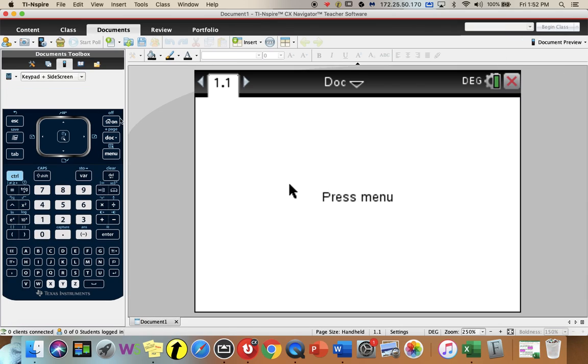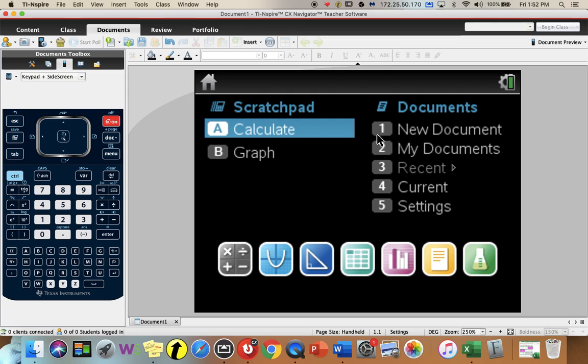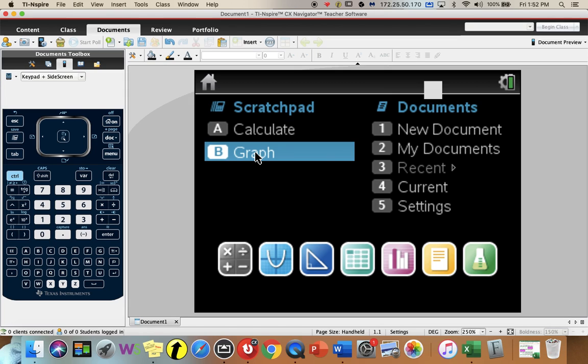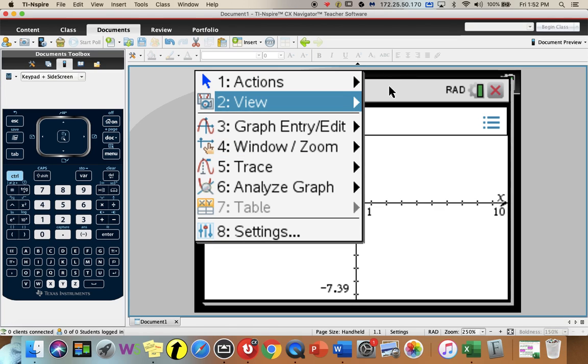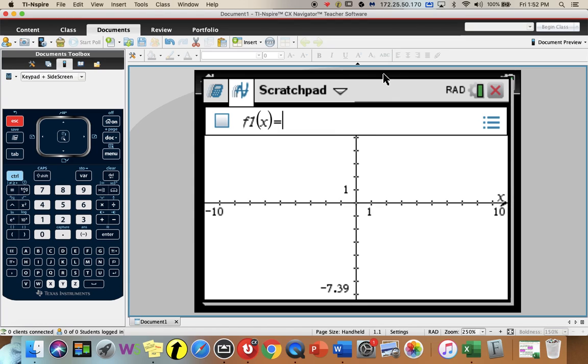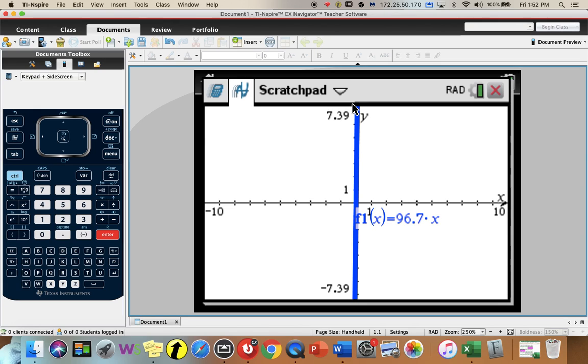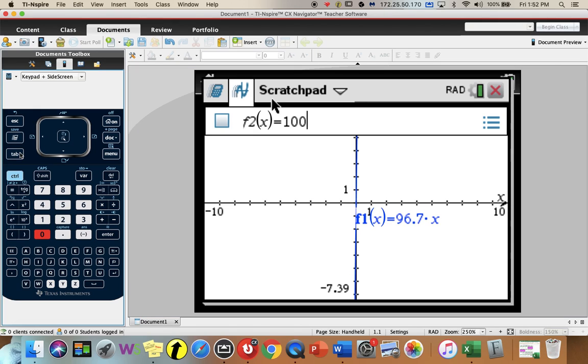Okay, so I'm going to open a graph page, or you can do a new document and add a graph page. I'll just use the Scratchpad calculator. The first equation was 96.667x per month. We hit enter, and then hit tab to type in the other one, in which we pay 1,000 plus